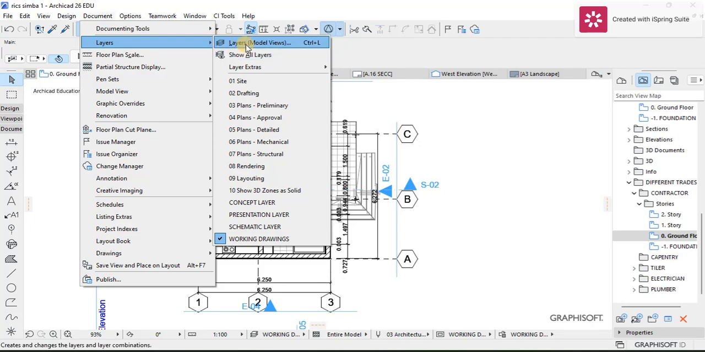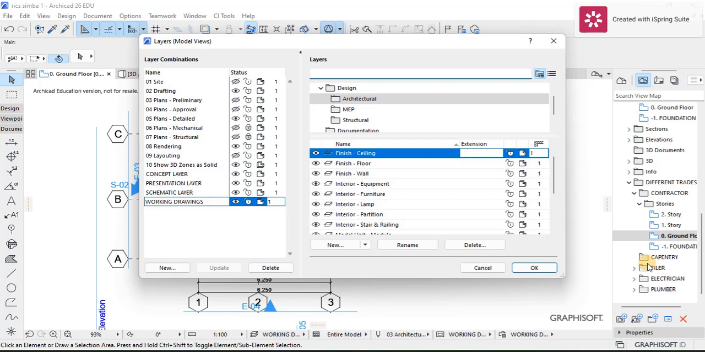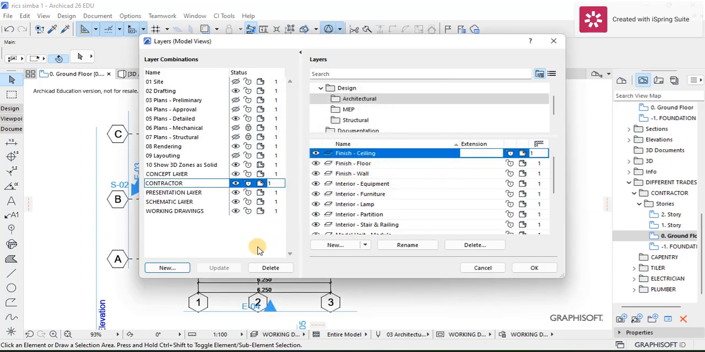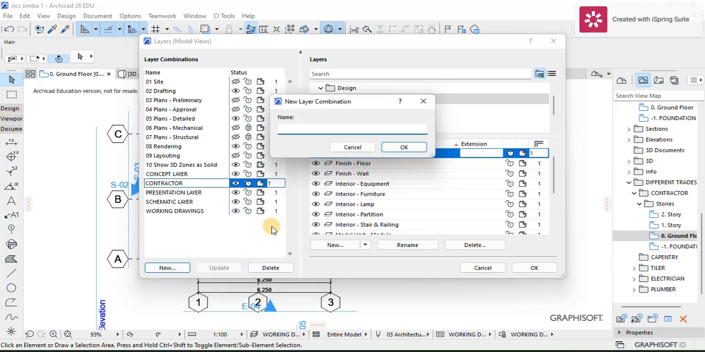So we're just going to create new layer combinations for each and every person, and we're going to apply it to each and every person depending on who it is. So I'm just going to create a new layer combination for the contractor, and then I'm going to create the same new layer combination for the carpenter, the carpentry information, and then